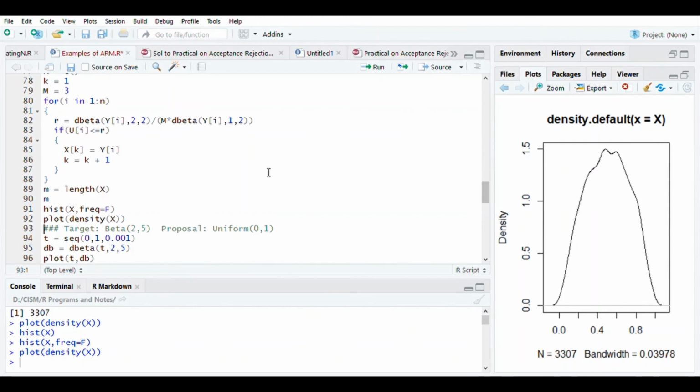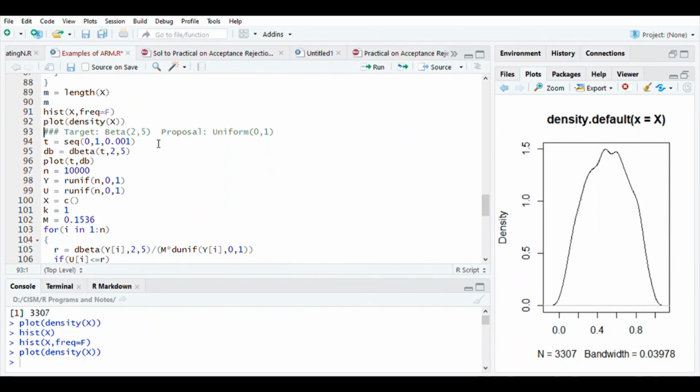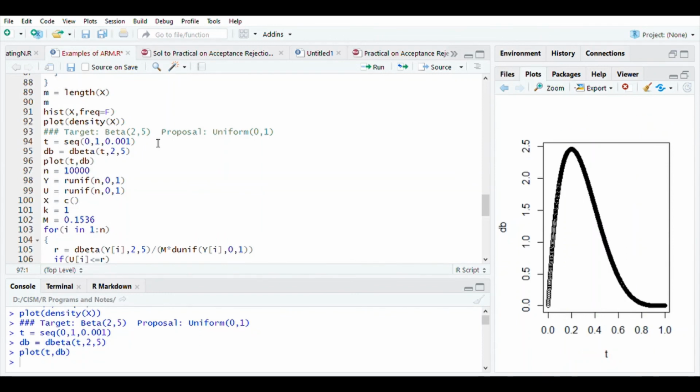Do you think we will have the same conclusion if we have a different beta distribution? What if we have beta(2,5)? This I have not mentioned in the derivation, so I haven't computed anything as such, but let us try. What will happen if we have beta(2,5) as the target and the proposal is still uniform? Let us get an idea about the kind of PDF beta(2,5) is. Okay, so this is beta(2,5). What will happen if we have a uniform proposal? This M I have already computed.